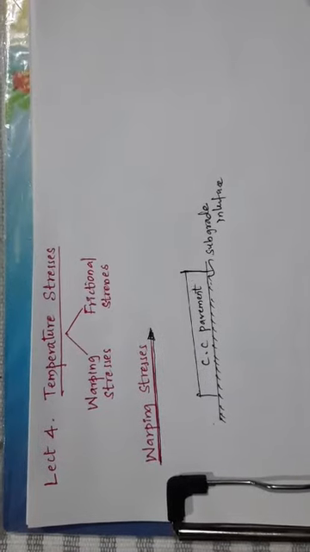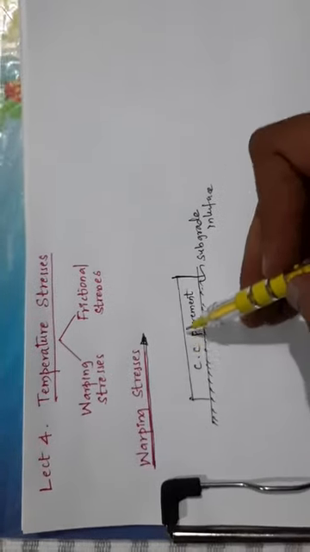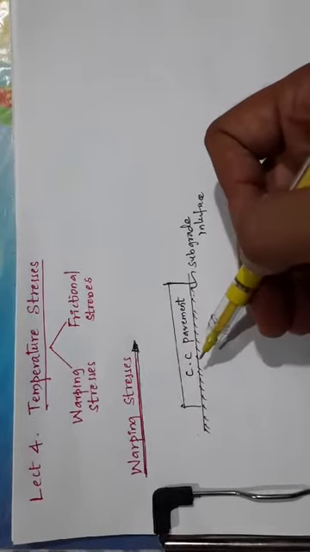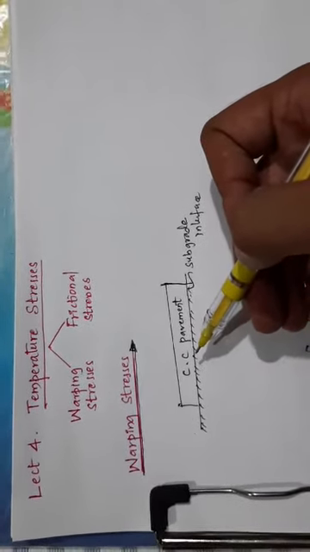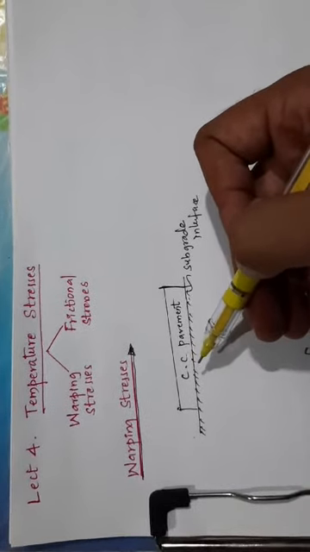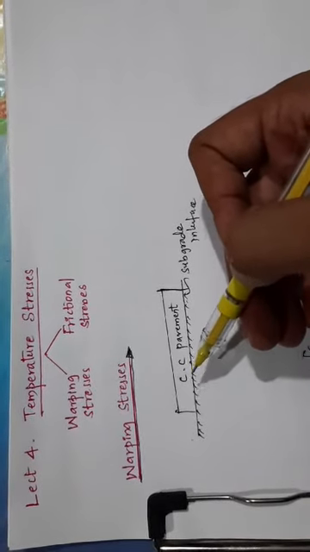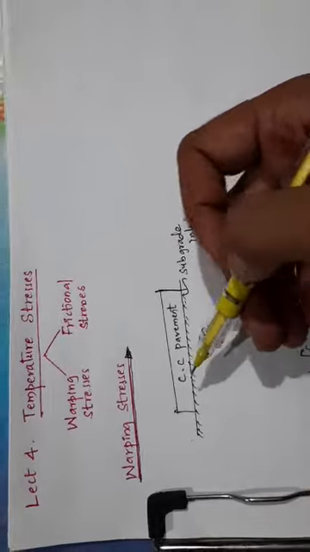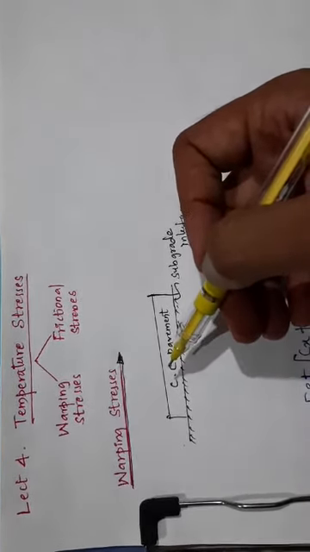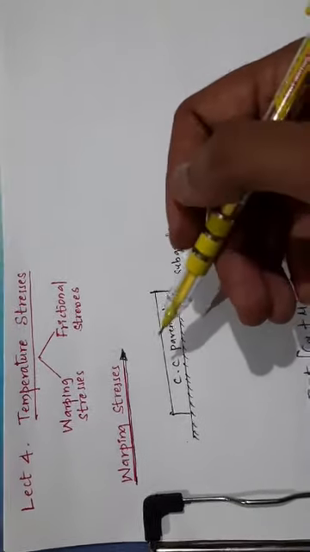The daily variation in the atmospheric temperature causes a difference in temperature between the top of the CC pavement and the bottom of the CC pavement. This results in warping of the cement slab and consequent development of the frictional stresses, and therefore this is an important factor affecting its design and performance. The difference between the maximum atmospheric temperature during daytime and the minimum temperature at night depends upon the climatic factors